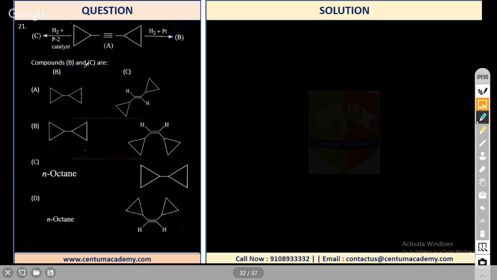Okay. You see, first of all, this is an alkyne. And cyclopropane. Cyclopropane is highly unstable because of angle strain, high angle strain, right? So with H2 and platinum, this will completely